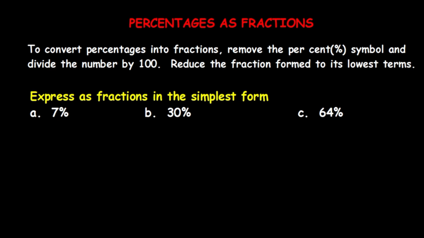That means 7% is there. Remove this percent symbol and write 7 divided by 100. If it is possible, try to convert it into its simplest form, its lowest terms, right? Because with the 7 table you can't cancel this 100, since 7 is a prime number, just leave it. So 7 divided by 100. This is the model, the percentage converting into a fraction.